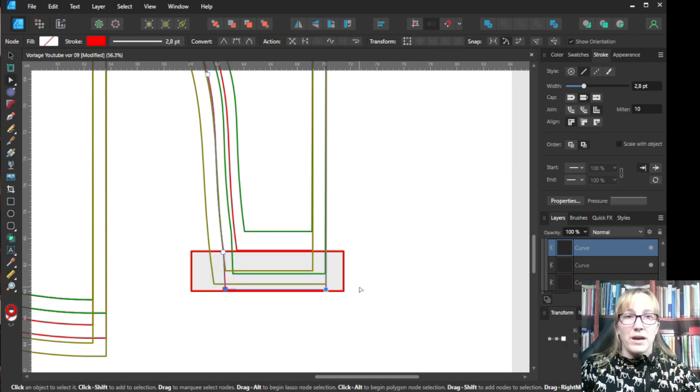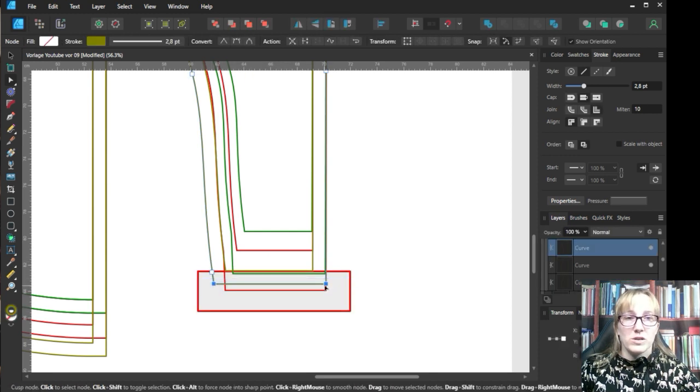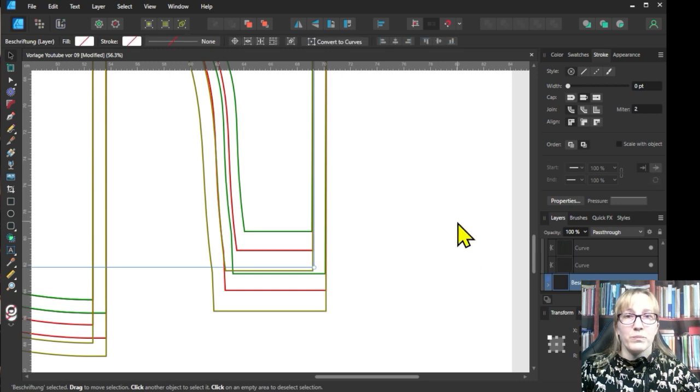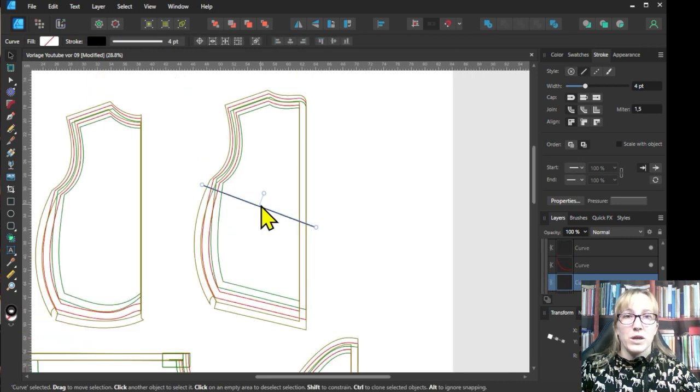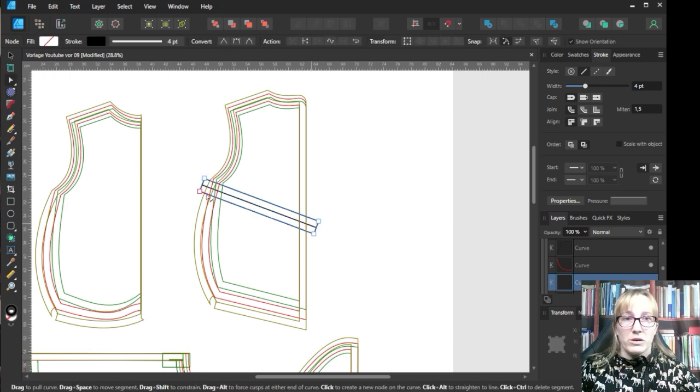If all seam lines on the hem are on top of each other, you can also select and move all knots of all lines at the same time. If you have dividing lines, you can also add seam allowance here. If it is a simple line, a contour line is created directly around it.